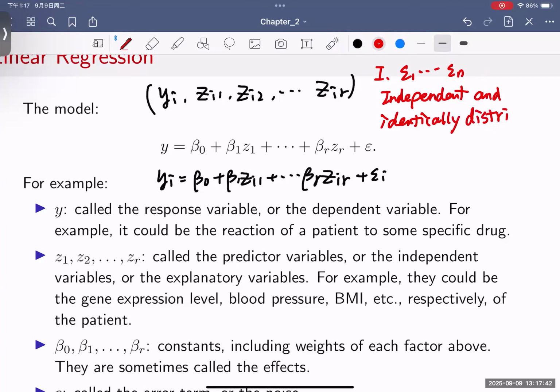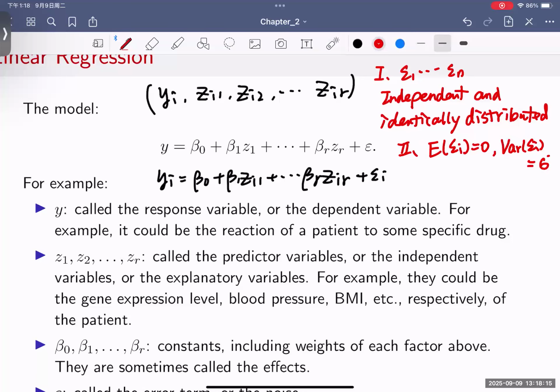It stands for this: even though they are random, the pattern of the randomness is the same, so the distribution of these random variables will be the same. And the second thing is more important: the expectation of epsilon i is 0, and the variance of epsilon i